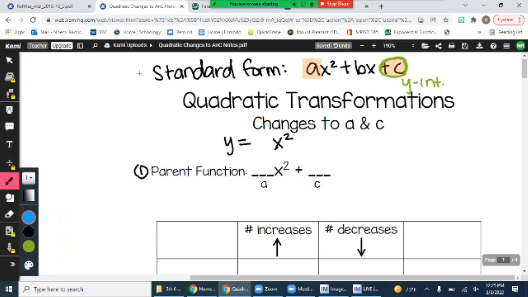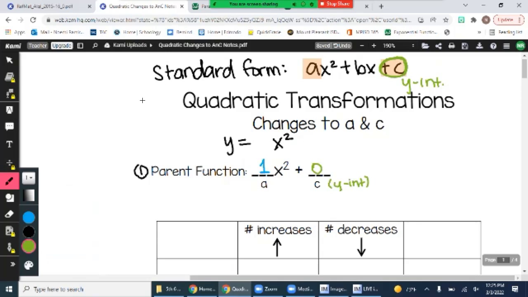If there's no number in front of a letter, it would be the number 1. But notice how C is added to the very end. What can I add to the end of this and it won't affect it? Plus 0. So that means that C, or my y-intercept for my parent function, starts at 0,